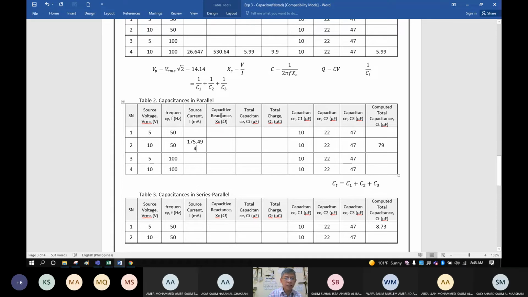The next, what is our total capacitance? Tell me. Or the capacitive reactance rather. Please calculate and give your answer. First thing to do, you need to convert that into voltage peak, then divide by the current. What is your answer here? Capacitive reactance.